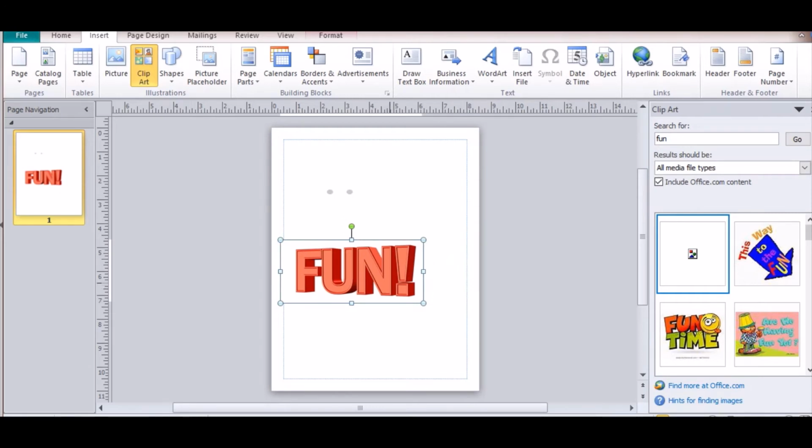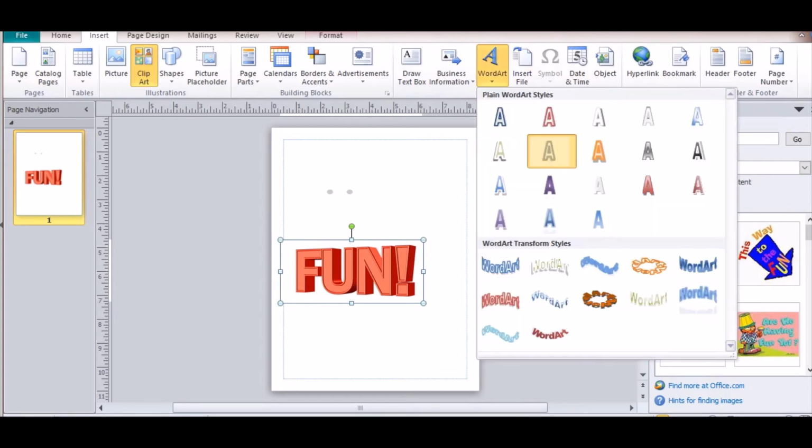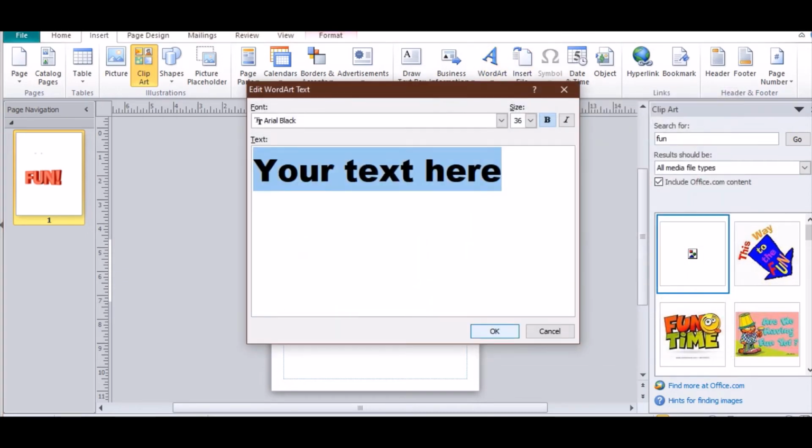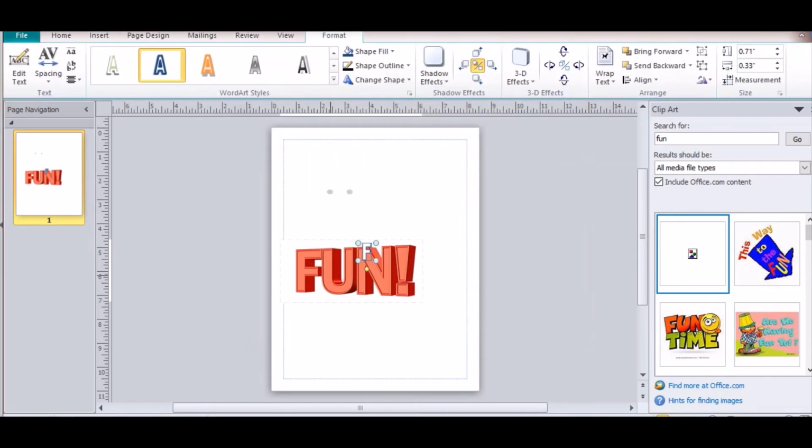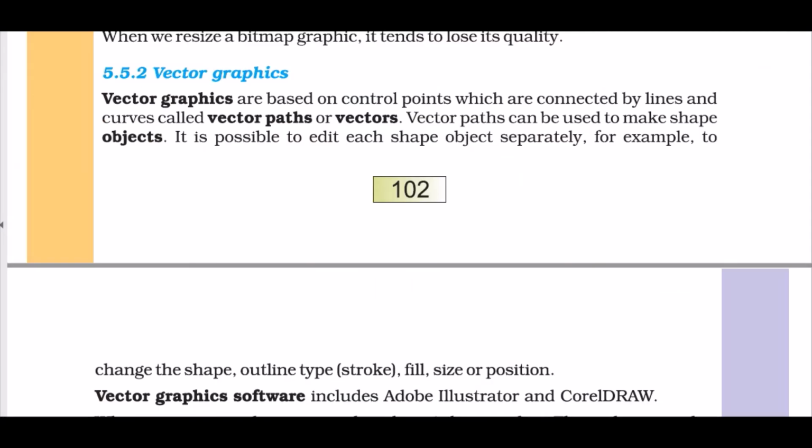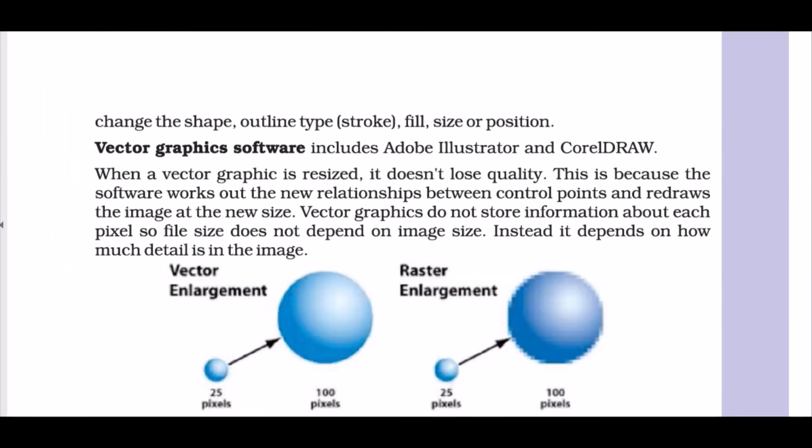You can individually type in, but this word we have automatically designed from a clip art. You can import or you can write something like this on your own. Let's say F. Okay, and this is individual. I can edit and mold this graphic any way I want, any line or any path.